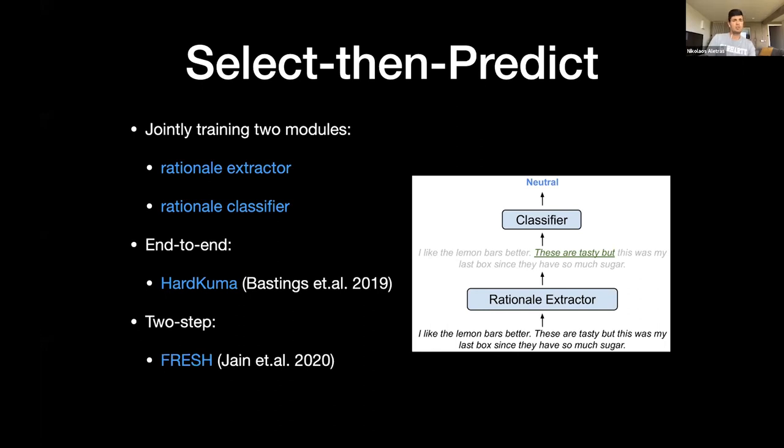And also disjoint two-step models, where the rationale extractor and classifier are not trained end-to-end. You have a rationale extractor first, that could be a feature attribution, and then you use the rationale to train a second model, for example a BERT, only on the subset of the input that is important, only on the rationales. A good example of these models was first published by Jain et al. in 2020. And of course, there are many others in the literature. I'll just give you again a flavor of what kind of methodologies we can use for rationale extraction.